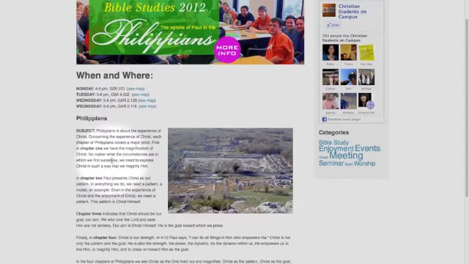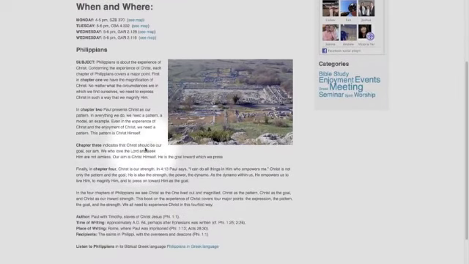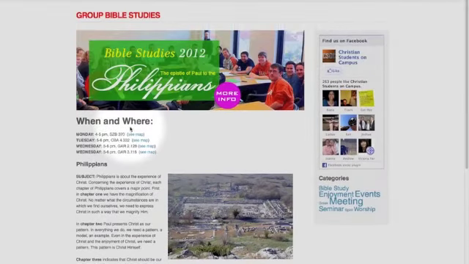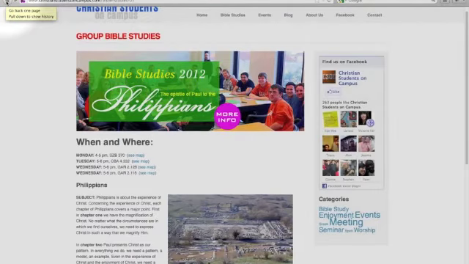As I scroll down here, it seems like this is kind of a summary of what the Bible study is about. If I read through here, it may be a little dense, maybe I'm not that familiar with what they're talking about, but it looks like this is a group that's pretty into the Word, so I'm pretty comfortable with that. This says click on here. Well, it doesn't say click, but it does say more info. Okay, so that's just a graphic, so I'm not sure what that's pointing to.